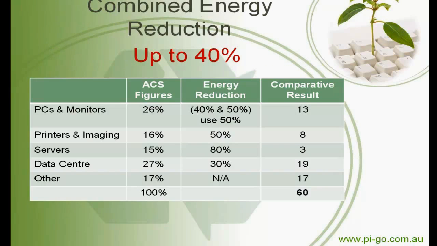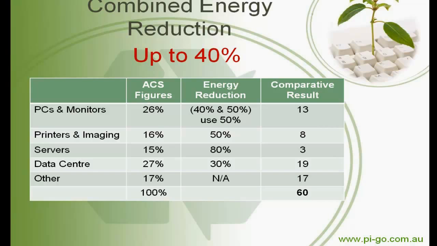Let's just bring all that together. Out of the different 6 sheets, remember the original screen that we had of the ACS figures, where we had 26% of the power usage being PCs and monitors, 16 being printers, 15 being servers, etc. If we take the energy reductions that are documented from the 6 sheets that I proposed above,